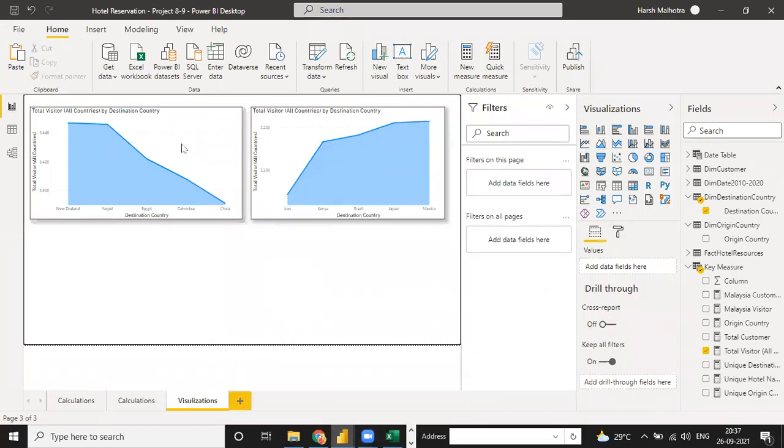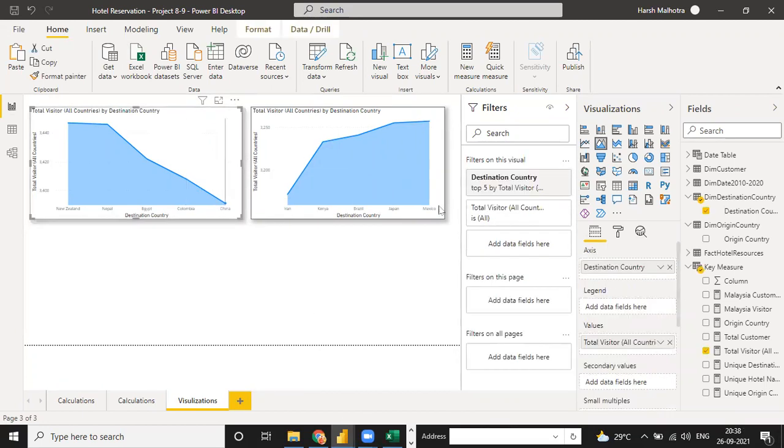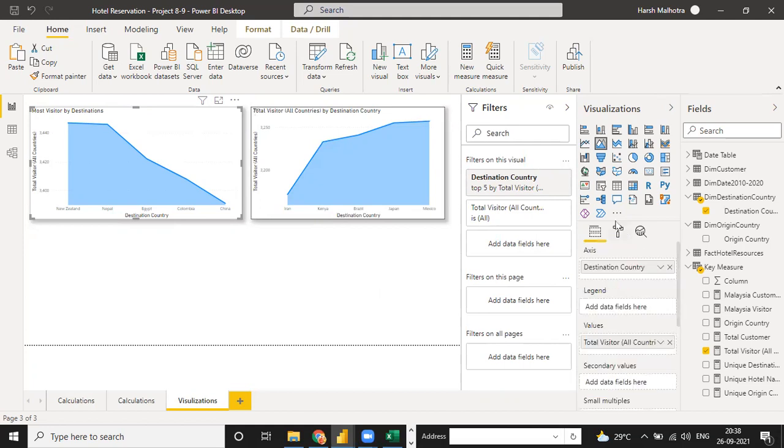Okay. So for this visualization, I can format many things. I can just go to the format button, this one. First, I can turn on border and shadow. For the title, I can write "Top 5 most visited destinations," or you can change the title as you like.